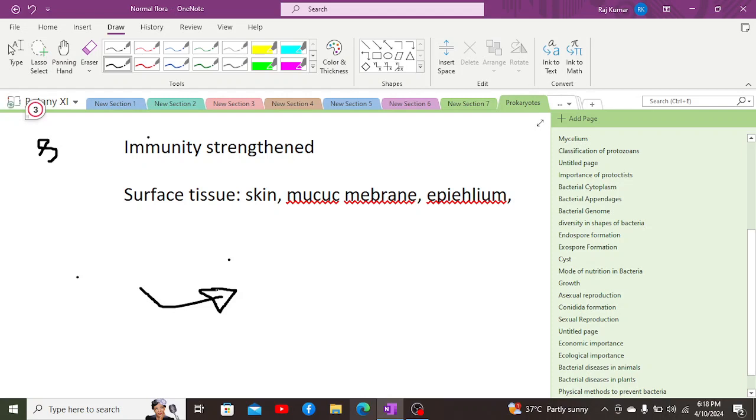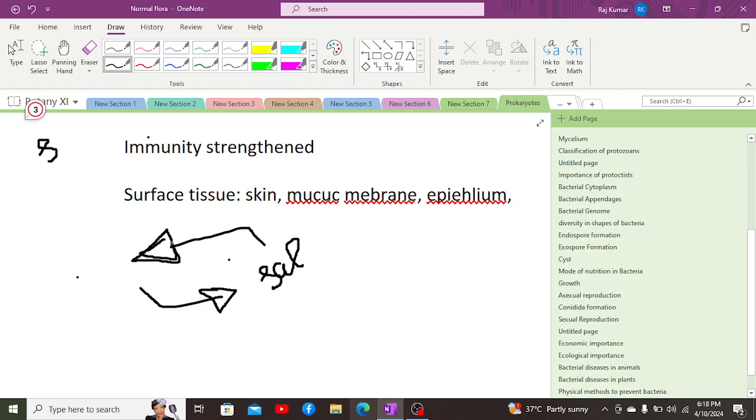Let's suppose we have Salmonella species in our body. That Salmonella species will stimulate the formation of antibodies against Salmonella typhi. Whenever Salmonella typhi attacks, the human body will already have antibodies prepared against it, such that when Salmonella typhi arrives in the body, the antibodies will immediately kill it and protect our body